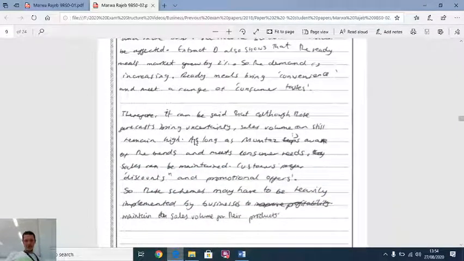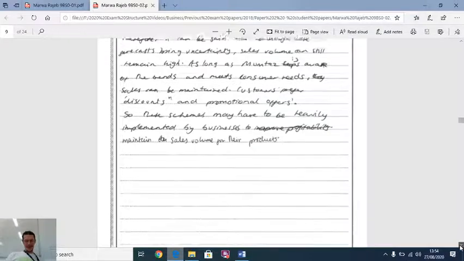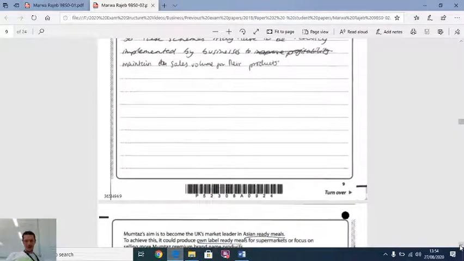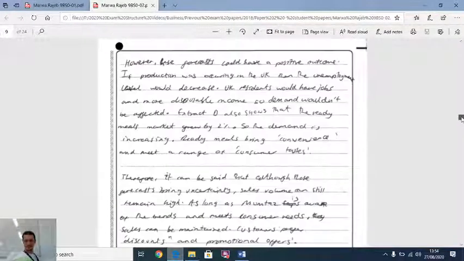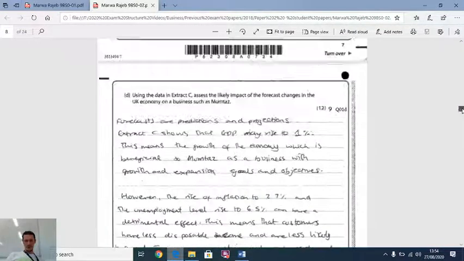Therefore, she's going to conclude here, it can be said that although these forecasts bring uncertainty, sales volume can still remain high. As long as Mumtaz is aware of the trends and meets consumer needs, sales can be maintained. Customers prefer discounts and promotional offers, so the schemes may have to be heavily implemented by businesses to maintain sales volume on their products. That's an interesting way to finish, because if we go back to the question,